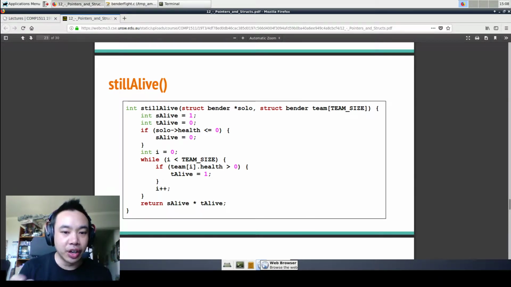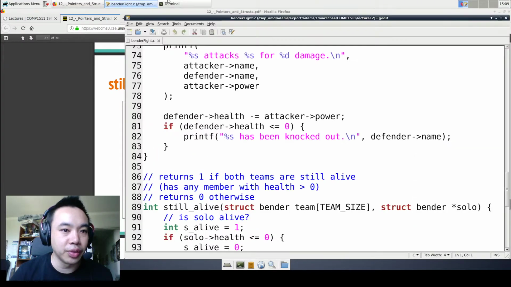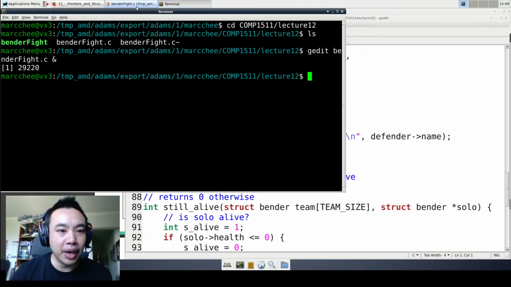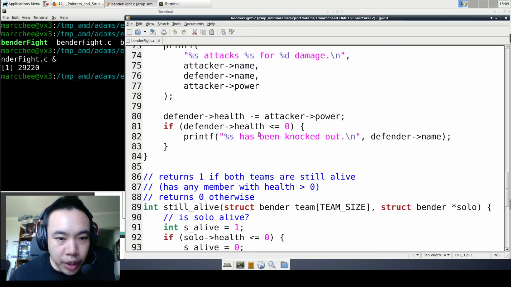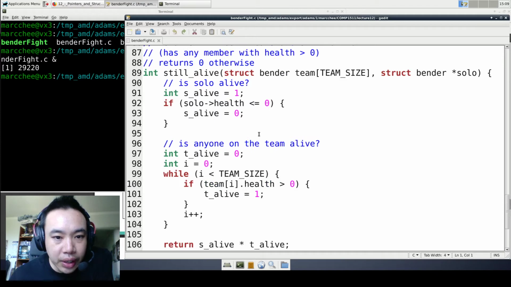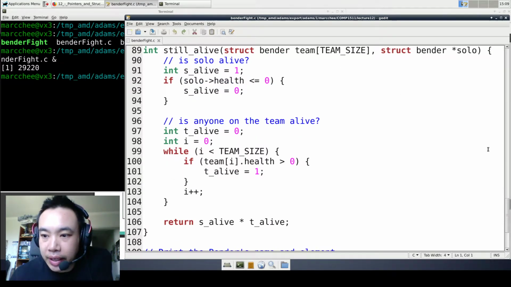At the end of the lecture, I had just started creating the while loop that was going to use this still alive function. So going back over the still alive function, the slides are not exactly the same as the code I was writing, but here I've just got my computer ready. So the still alive function that I was working on here